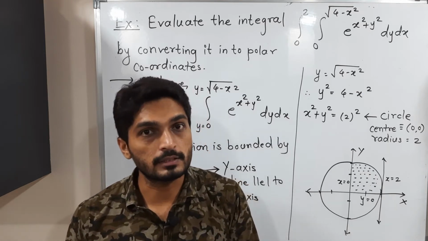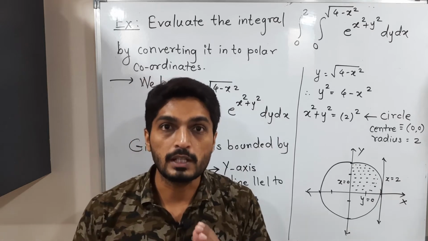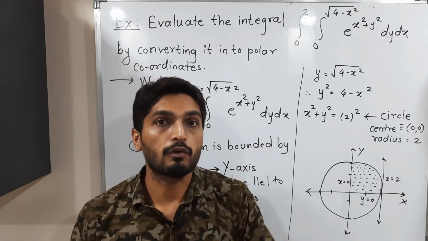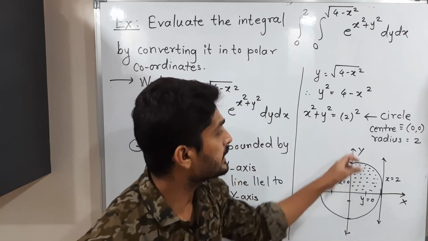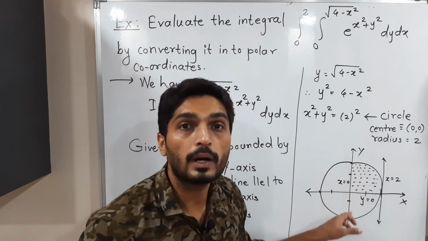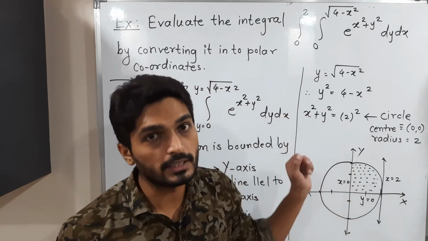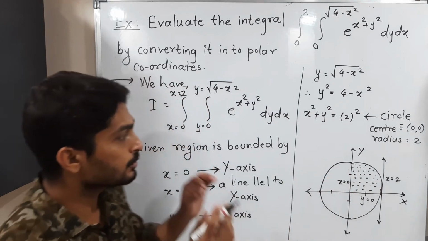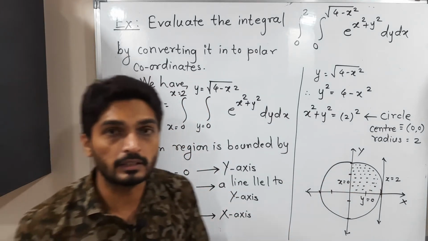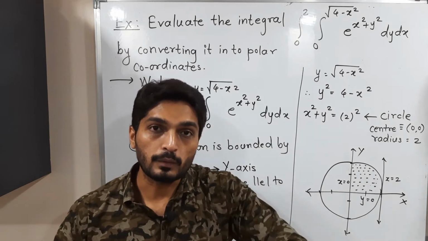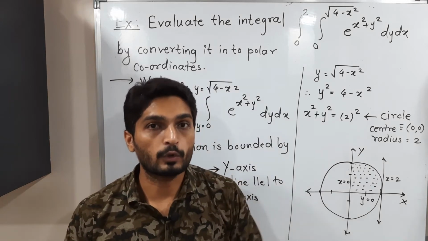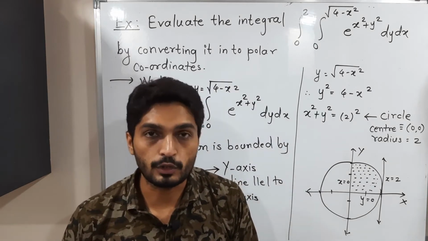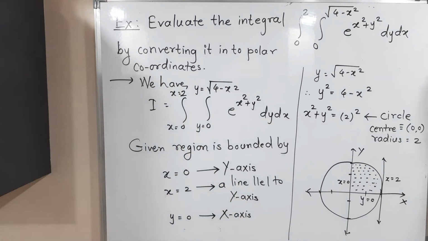So that's why I will consider just part of the circle which lies in the upper half of the plane, that means where y is positive. Here y is positive, here y is negative, so we have y positive, that's why I'm considering just this part of the circle. Okay, so this circle we have got, I have written everything here, but now we have to convert the problem into polar coordinates. So better to take a screenshot of it, and after that we will see the remaining part of this problem.